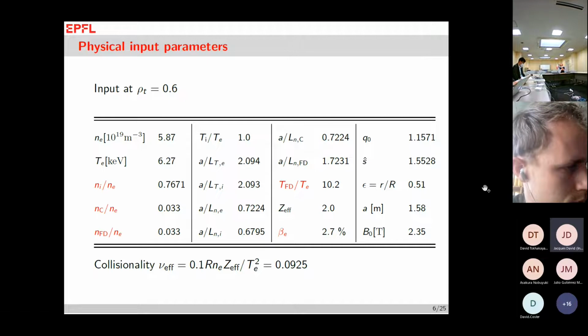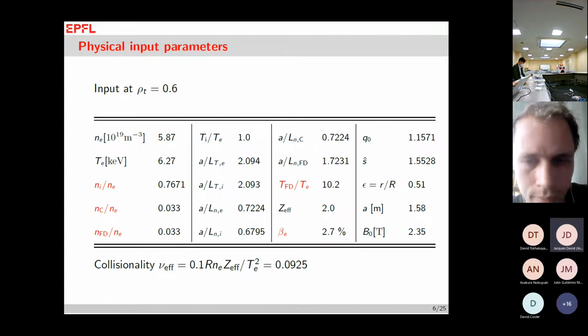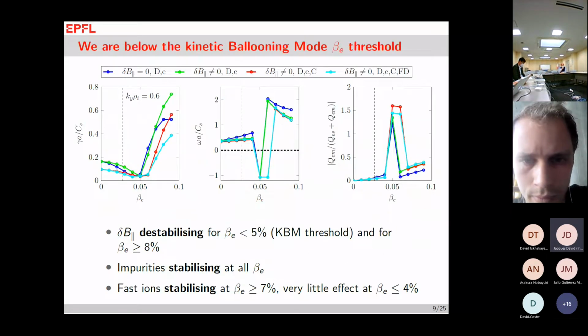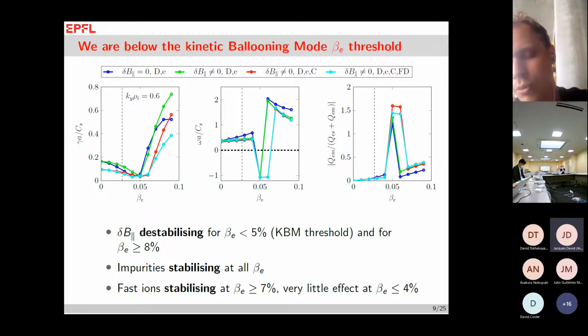Okay, so I have one question. In the JT-60SA parameters, beta is 2.7%, right? Yes. And later you discuss some kinetic ballooning mode, where beta is more, like 7%. And this is just far from the JT-60SA nominal parameters. Yes, right. This is just to illustrate, because we don't want the parameters to be in the KBM limits. So we have to make sure that what we're starting with is at least below the KBM threshold, and that was one of the points with these scans. We just wanted to find out where the KBM limits actually are here.